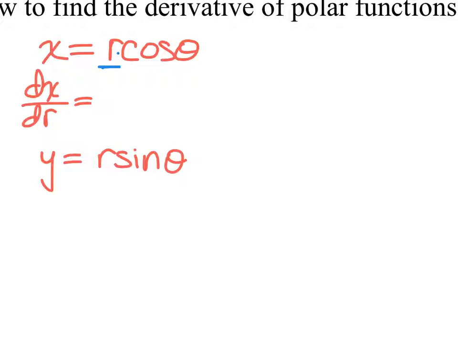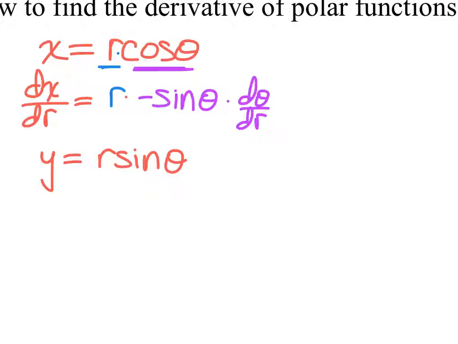So here's my first function, and let me make this purple so I can say that here's my second function. Product rule. First times the derivative of the second, so r times derivative of cosine is negative sine, so negative sine theta, but because this variable is not r, I also have to multiply by d theta dr,